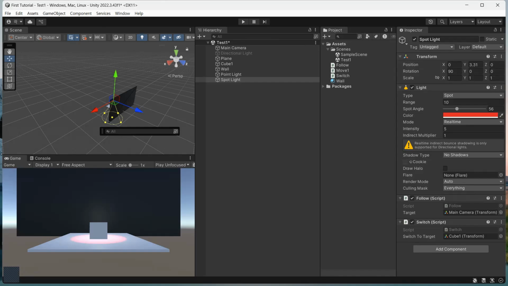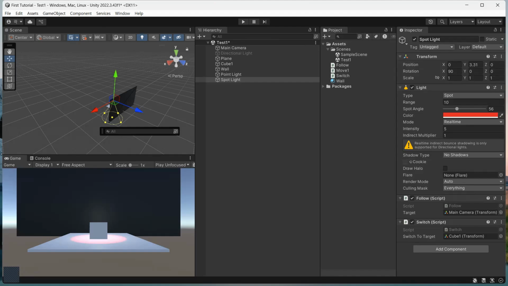There are two main ways to do this in code. First, use the name of the game object. Second, use the tag of the game object. A game object's name can be seen in the hierarchy view. To use this name in the code, we use it as a parameter in the GameObject.Find function. So if we want the jump button to switch the spotlight from the main camera to cube1,